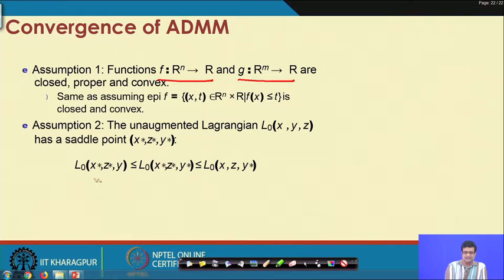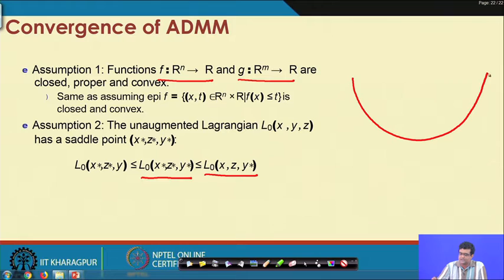that is, you have the optimal solution x star, z star and y star, and you have the dual problem which is basically a lower bound.